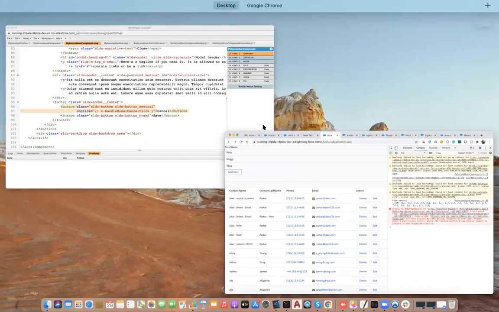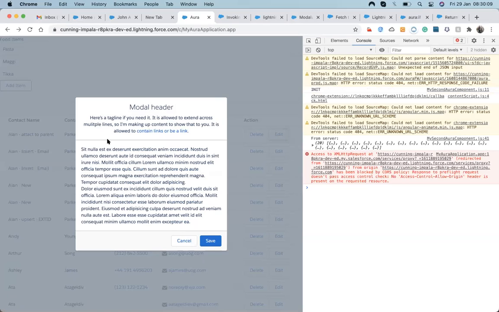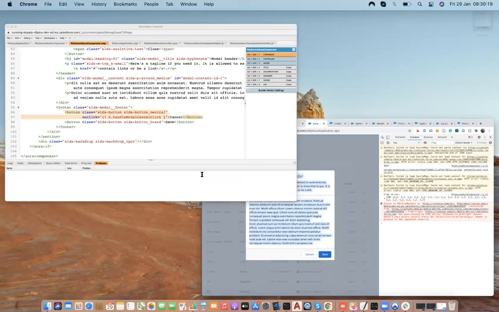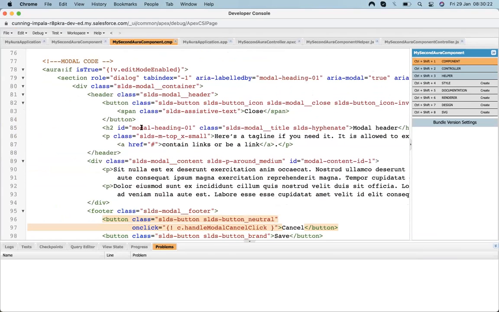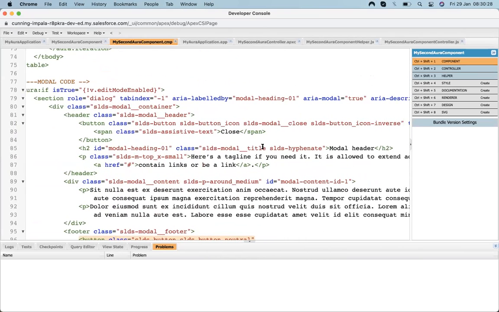Now the thing is that I need to customize this so that the correct details will appear up here. Whatever details are present in that contact will be shown up here. So for that, let's clear it up. On the header, I just need to show only